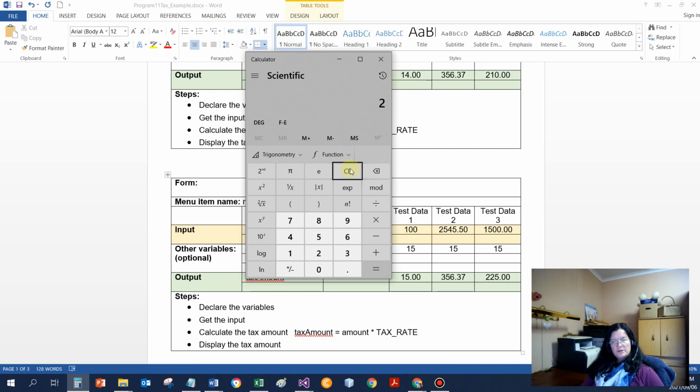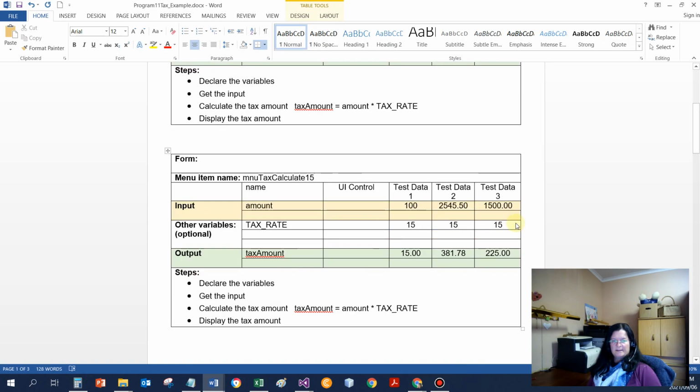So over here I've got all my data that I need. And the only real thing that's different for now would be the 15%. Okay,